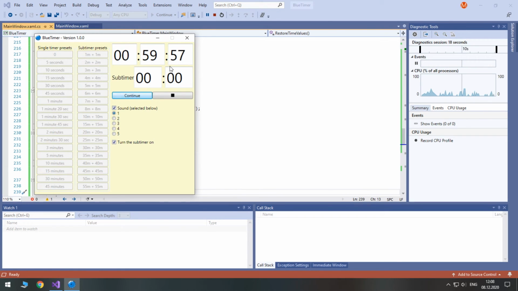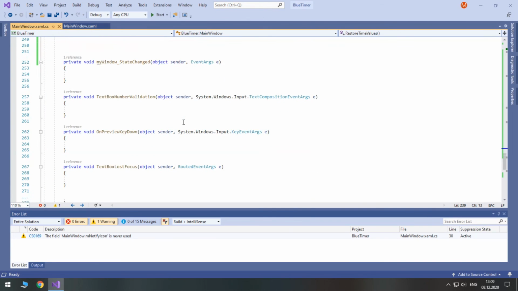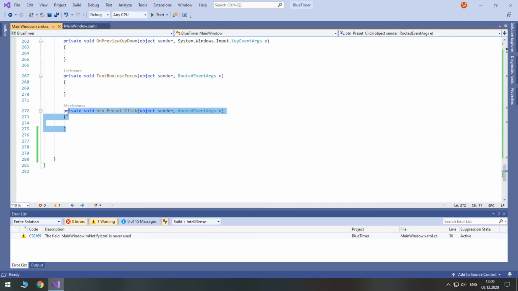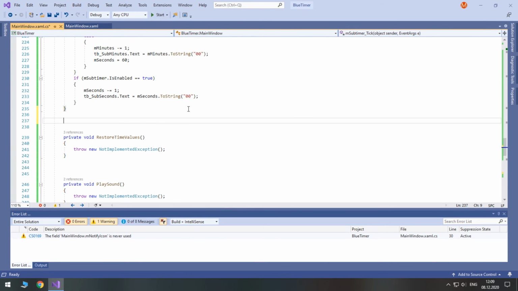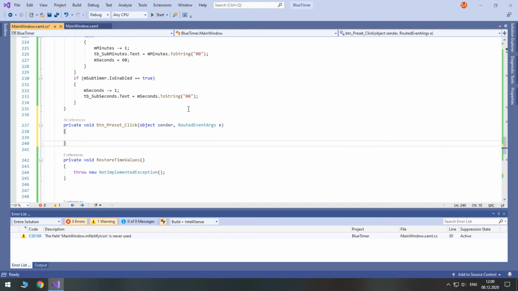Okay, now let's make parse info presets. As you remember, we gave each button a tag. Let's get it.